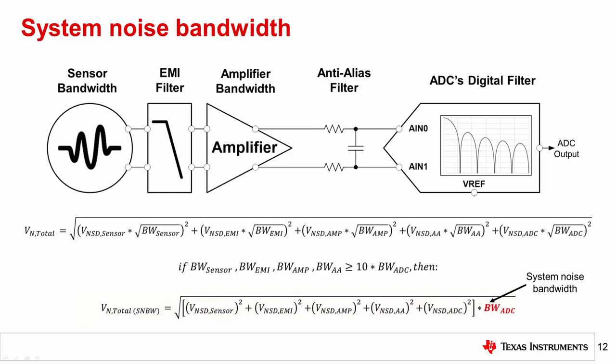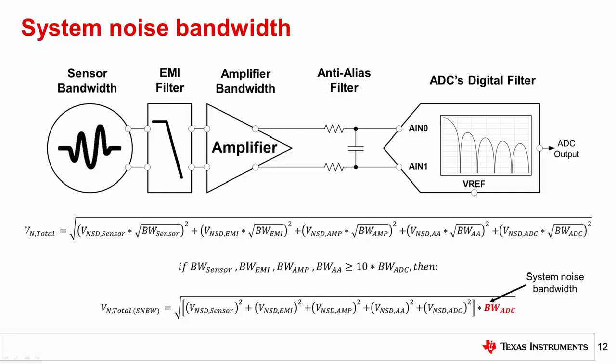Again, this makes the analysis significantly easier since both the digital filter's negative 3 dB point and the component noise spectral densities are given in the datasheet, or, as in the case of resistor noise for the filters, are well-known values. It should be noted that the voltage reference path is not shown here since it is not band limited by the ADC's digital filter. The voltage reference path therefore cannot employ this additional approximation, so you would need to calculate the bandwidth seen and the noise contributed by each component using the principles from the previous presentation.